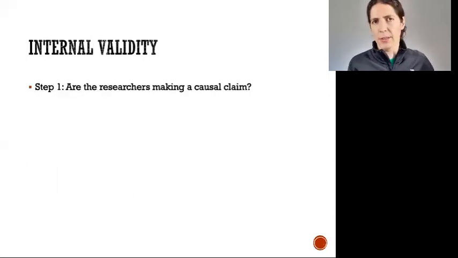The first question to ask is, are the authors even making a causal claim? If they're not making a causal claim, then internal validity isn't relevant. It's not that the study lacks internal validity, it's just not a relevant question to ask. So it can be hard to tell if authors are making a causal claim or not. And some argue that almost all research in psychology and in many social sciences really is trying to get at causality, that most research questions are interesting mainly because we want to understand the cause and effect, what causes these outcomes, like divorce or financial success or things like that.